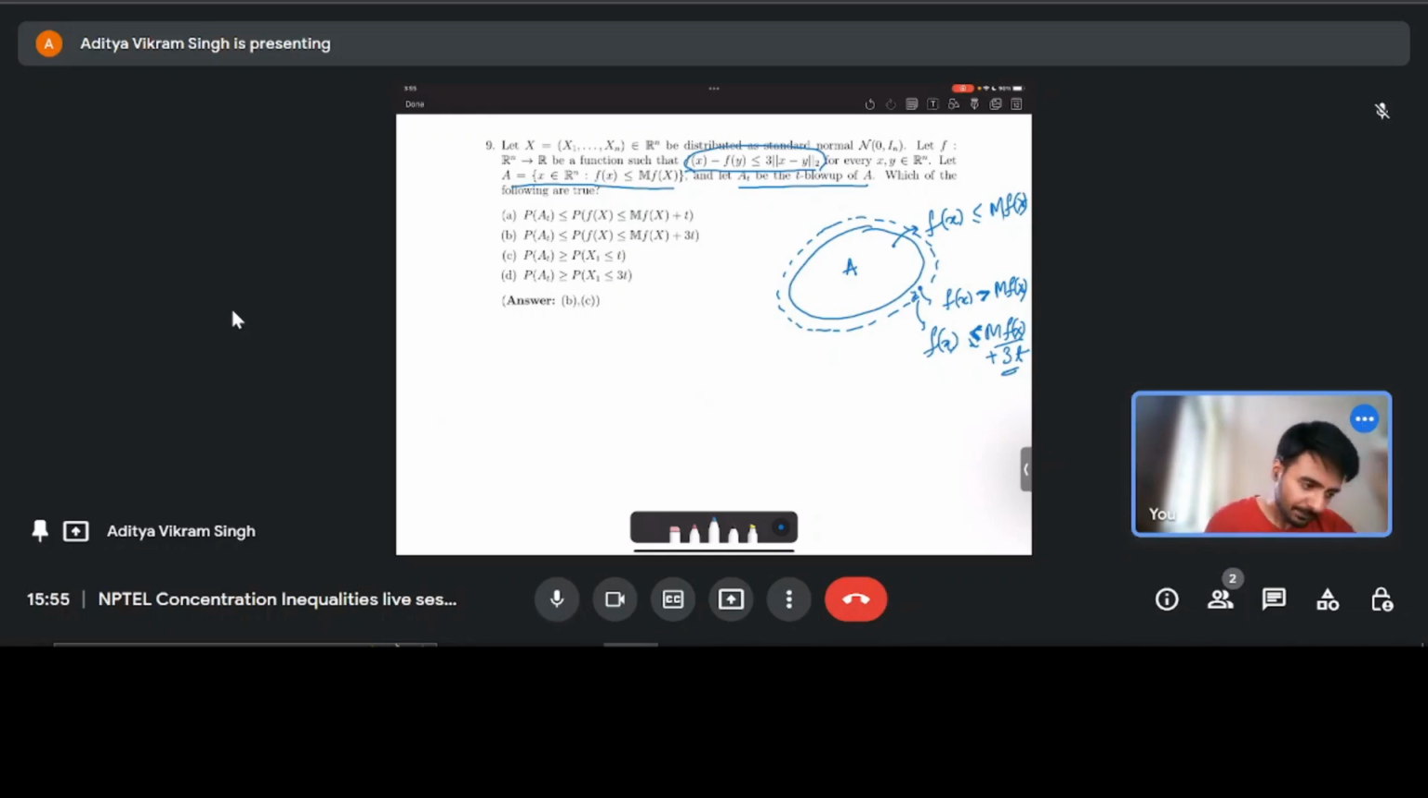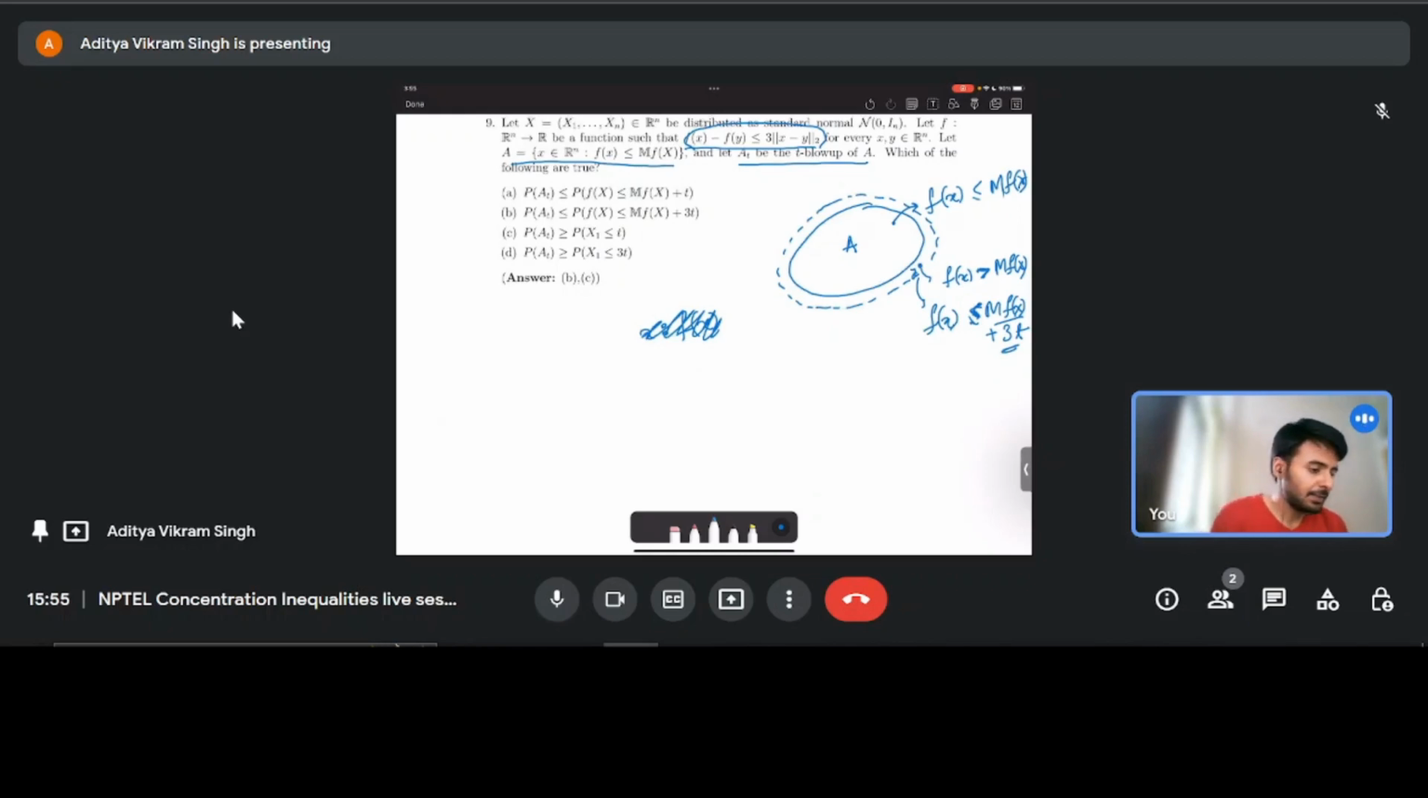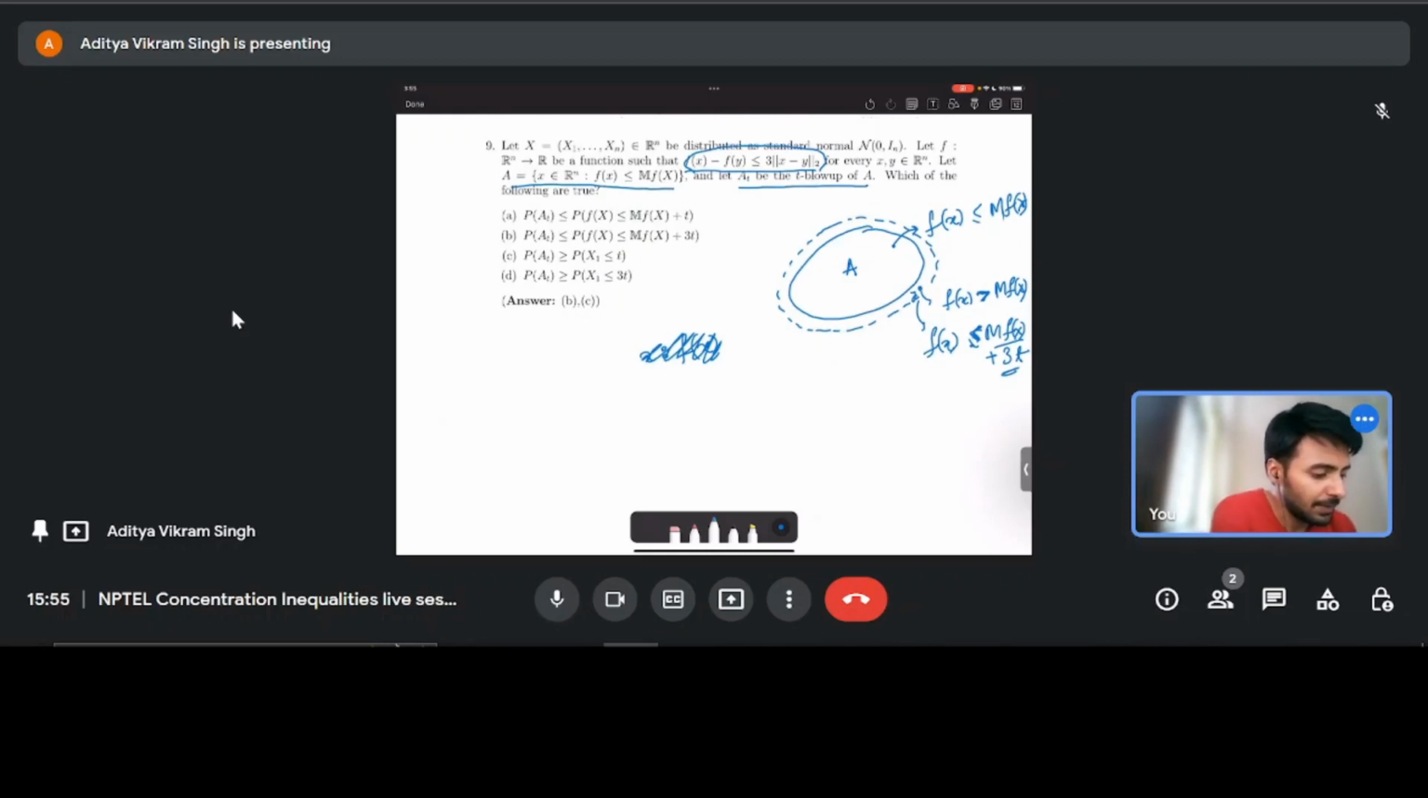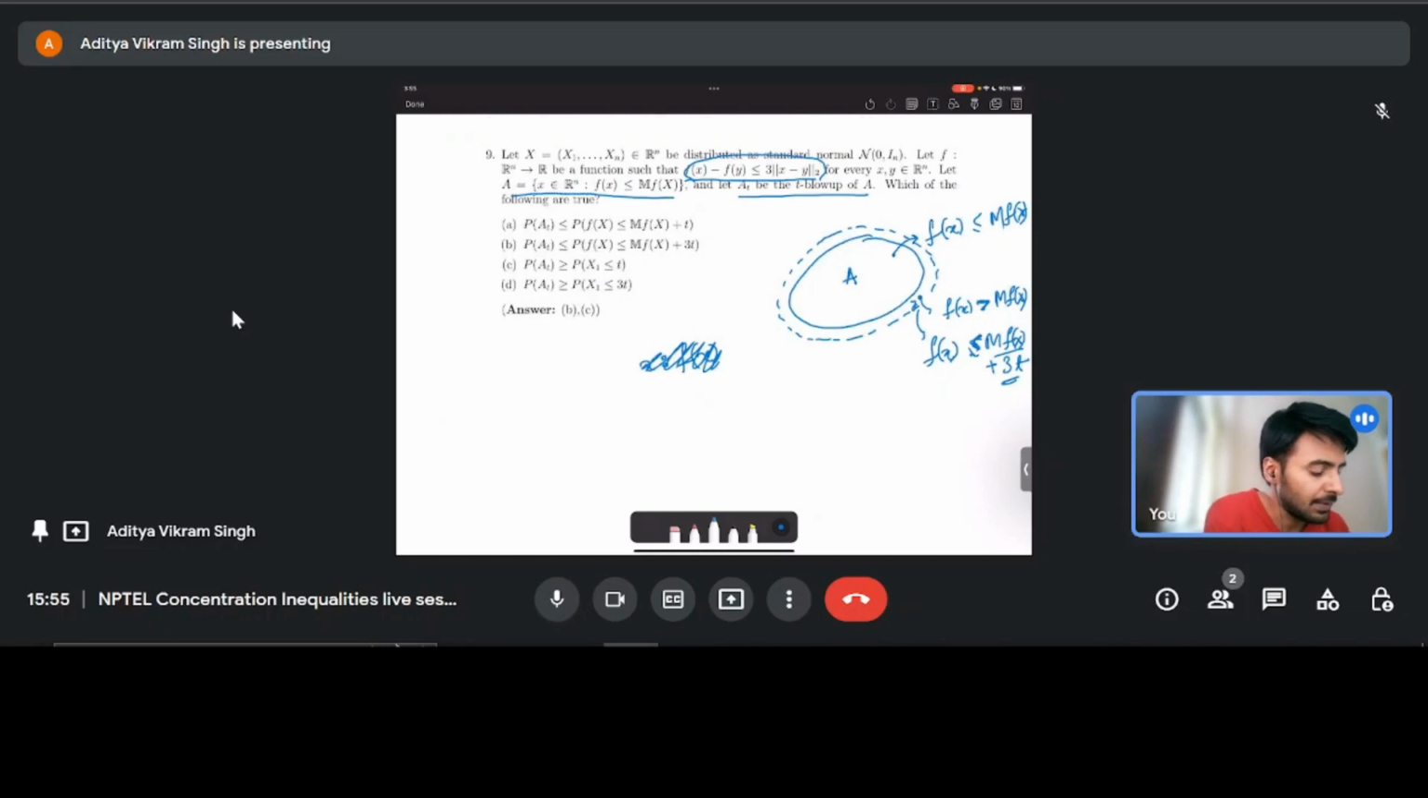So again you see x such that f(x)... okay. So first, let's see what's the question. Which of the following are true? Probability of At is less than... okay. So now this is where we have this isoperimetry inequality. So what isoperimetry allows us to say is that